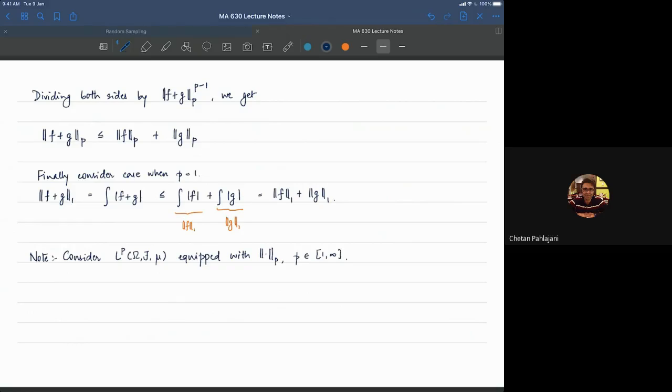Okay. Now clearly, norm f p is greater than or equal to 0, and norm f p equals 0 if and only if f equals 0 mu almost everywhere. Okay, so basically this is saying that f belongs to the zero equivalence class.